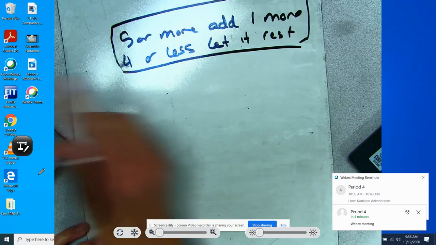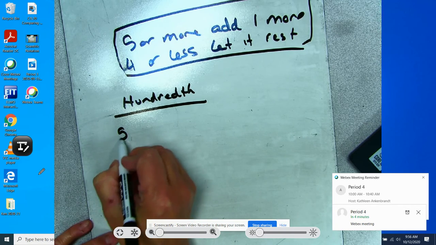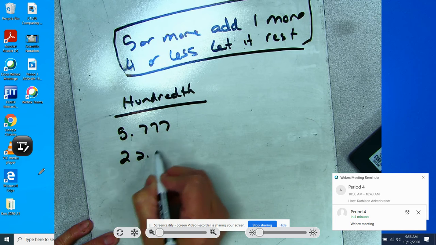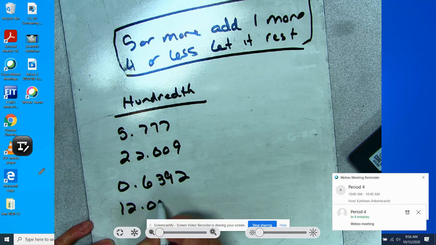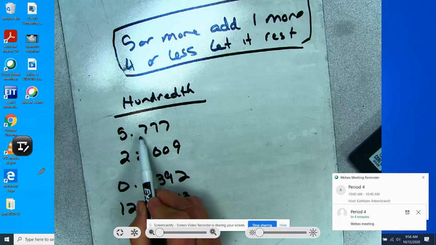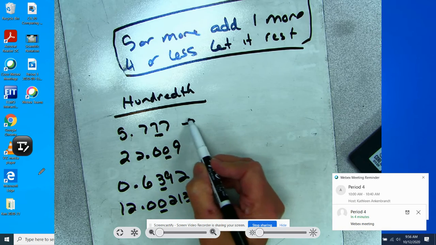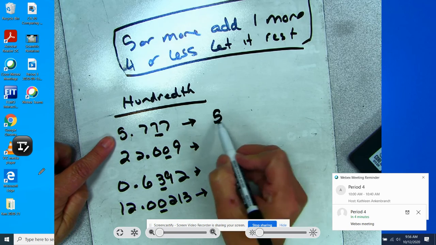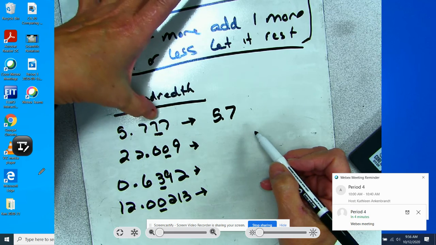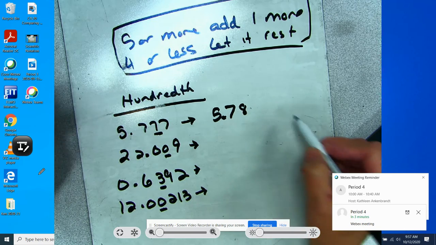Same thing would happen if I asked you to go to the nearest hundredth. Okay, so if you had numbers like these, and we're going to the nearest hundredth, 10th, 100th. So again, mark the number you're going to round to. So we have 5.7 here. It's the second number past the decimal we're looking at. So that 7 is 5 or more, so this 7 will become an 8, or you could put